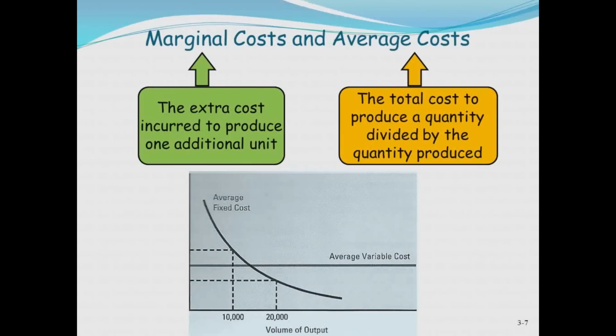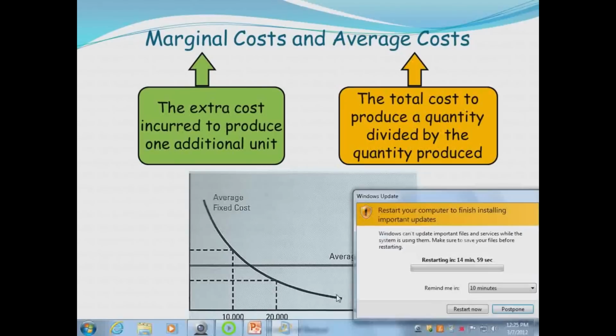Marginal cost versus average cost. The marginal cost is the extra cost that will be required to produce one additional unit. The average cost is the total cost to produce all your units divided by the number of units you have. So marginal versus average costs. And your marginal costs and your average costs, for that matter, go down as you produce more units because your variable cost per unit stays the same, but your marginal cost goes down because your fixed cost for that marginal unit is less because it's being amortized over more units. So the more units you produce, all else being equal, within your linear relevant range, will result